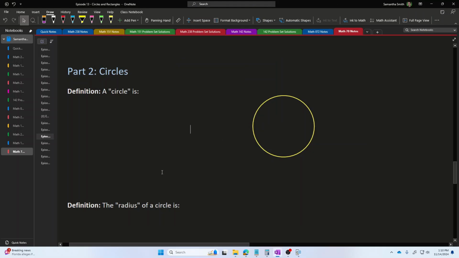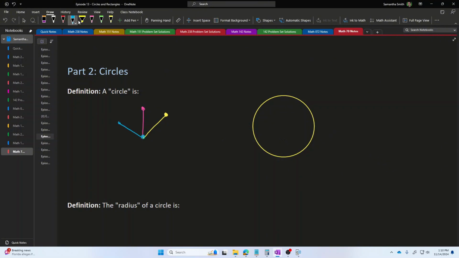In this part of episode 13 on geometry, we're going to be talking about the shape called a circle. Now, a circle is a very special shape. A circle can be formed by taking a center point and then attaching a rope of a certain length to this center point. And the person can walk away from the center point until they reach the end of the rope, but then they have to stop. They can move in any direction away from the center, but they have to stop at the point that corresponds to the maximum length of the rope.